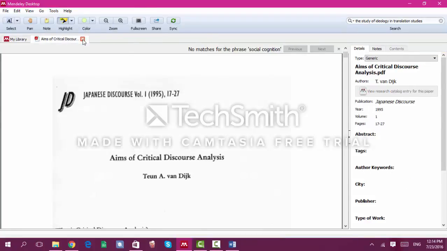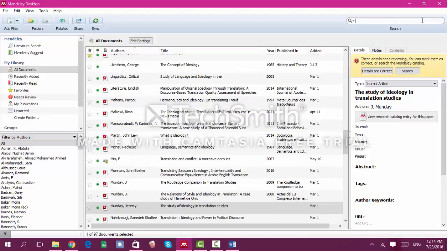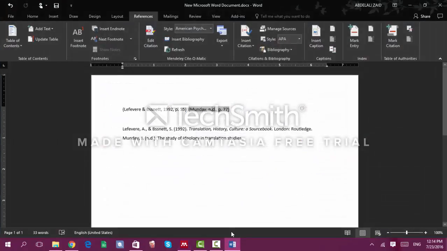Also, let's suppose you were working. Here you can find your books quite easily, just by typing here. You won't be lost among the tens or hundreds of books and articles and all types of articles that you have in your computer library. So let's suppose I was writing my